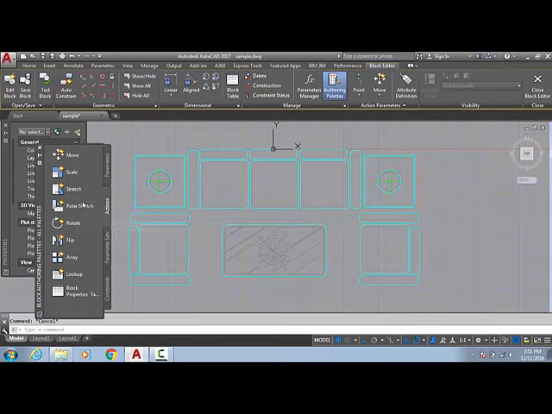Polar stretch is a similar thing, like linear and polar are quite similar, and you already know that. Linear dimension and aligned dimension are the same thing as polar dimension and linear dimension. So we have remaining the flip command, array command, and block properties. We will discuss all of this.